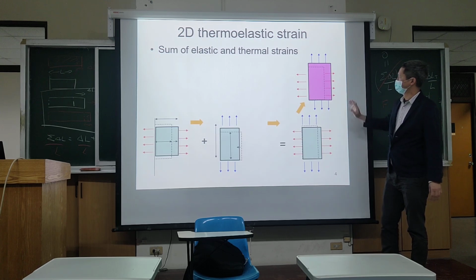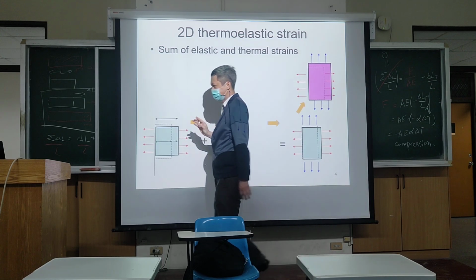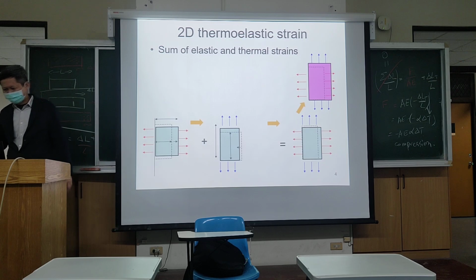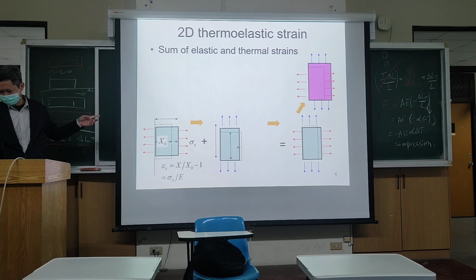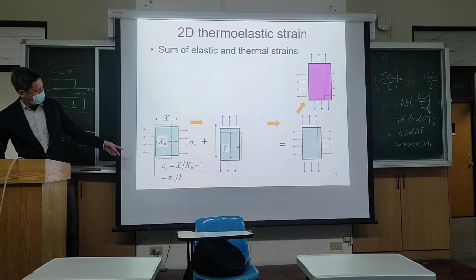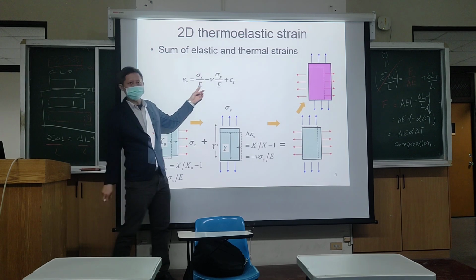Okay? So we assume that the thermal expansion is isotropic, meaning it expands with the same strength in the x and y direction. If that's the case, then we're going to write a formulation later. So you see here, step by step: 1D in the x direction and 1D in the y direction, then you combine them to be the 2D